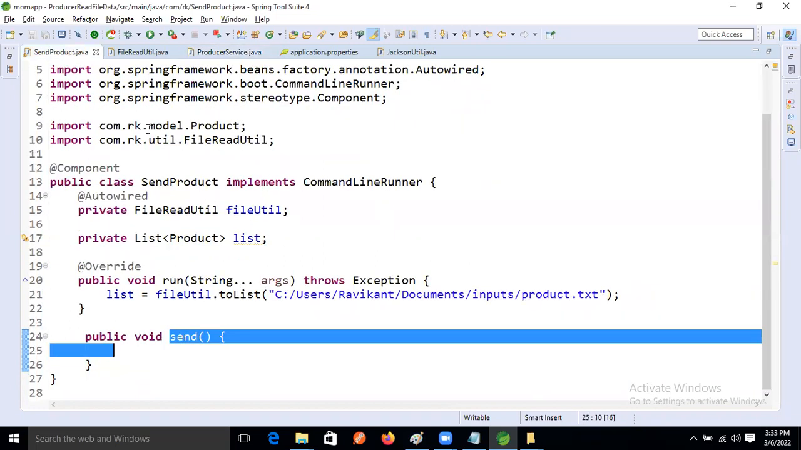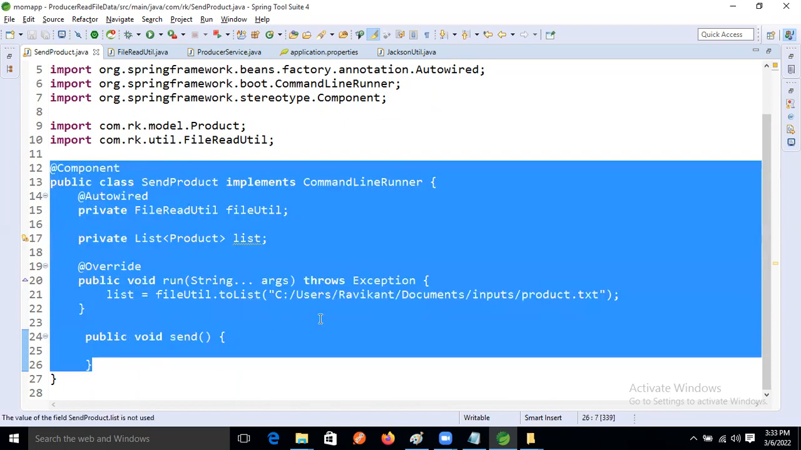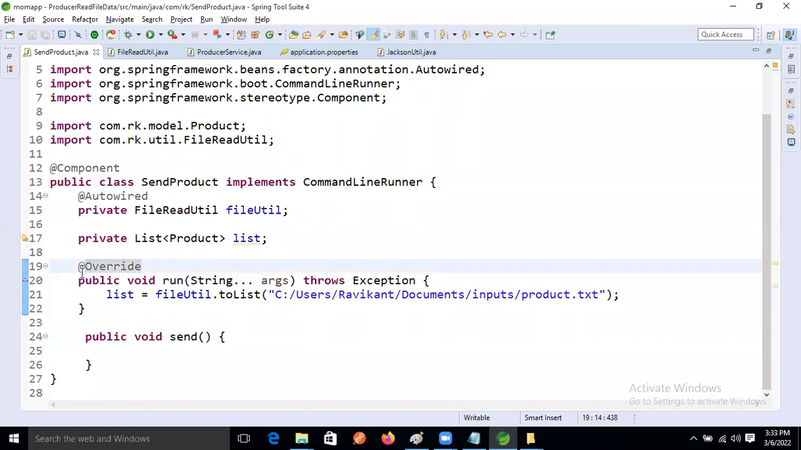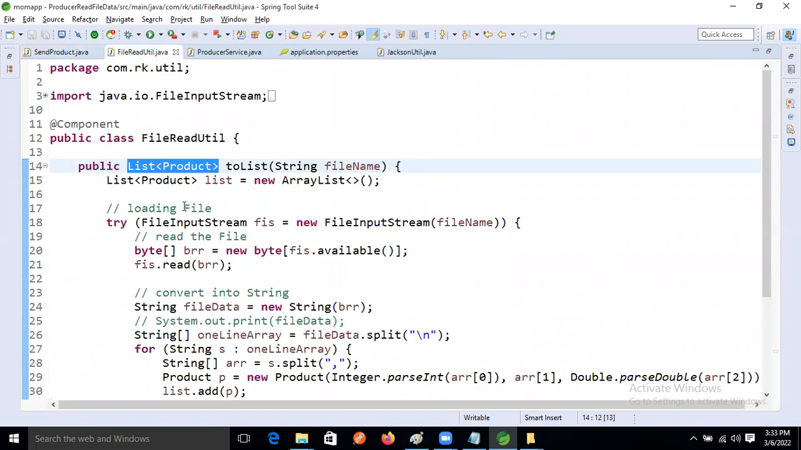Yes, Ravi. Now come here, right? Now come in the send product. So we just started developing this one now. Which one? Product command line runner. In this one, whenever we run, this file will load. This file will load in which file? File reader util class, right? File reader util class, and this